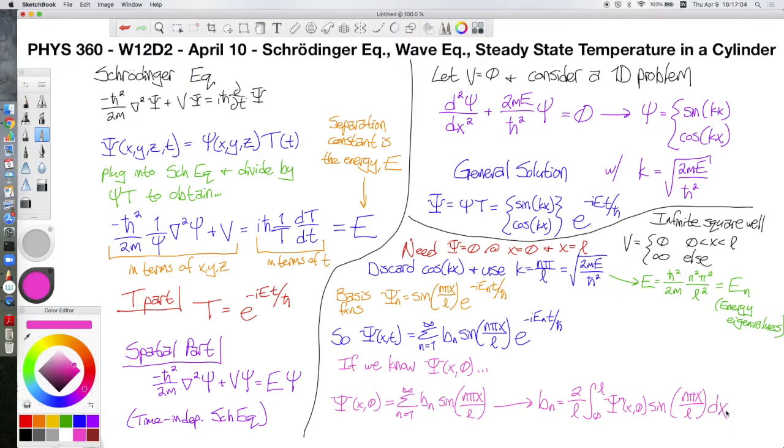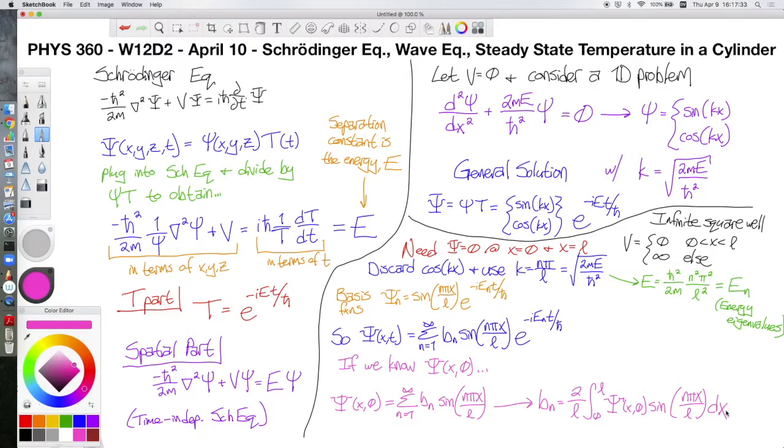So we can find our values for the coefficient b sub n by using the same Fourier sine series we've been using in the previous sections, with b_n defined again as 2 over L times the integral from 0 to L of our wave function at t equals 0 times the usual sine of n pi x over L, integrated over x. So this is as far as I'm going to present about the Schrodinger equation,